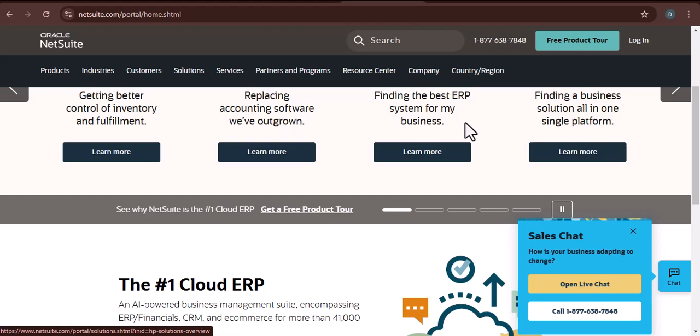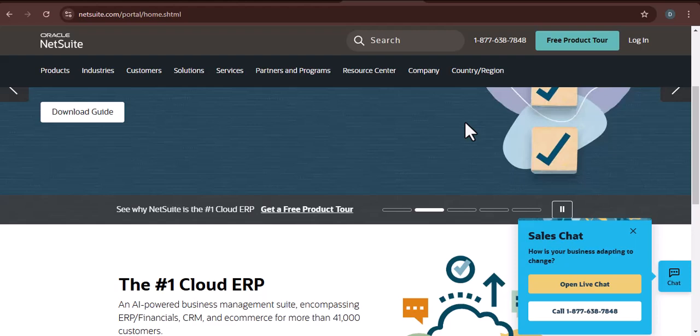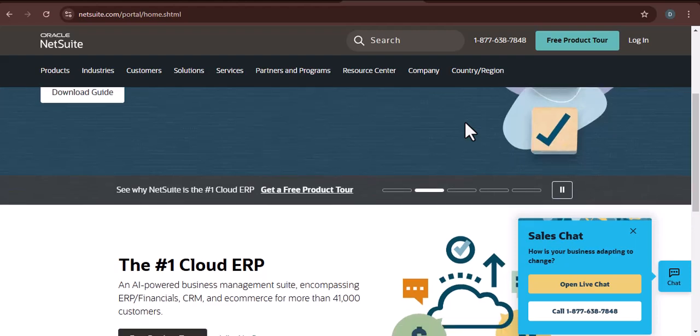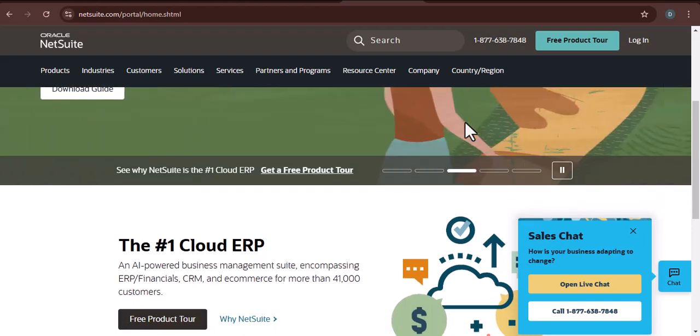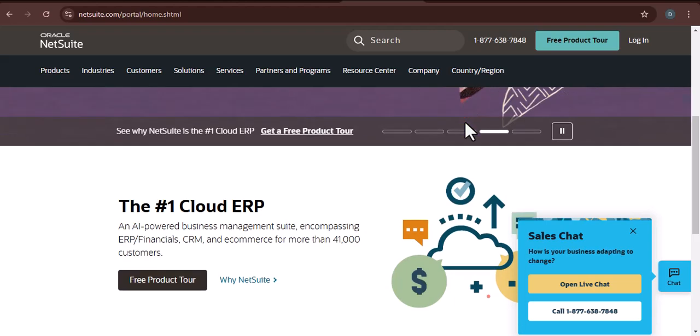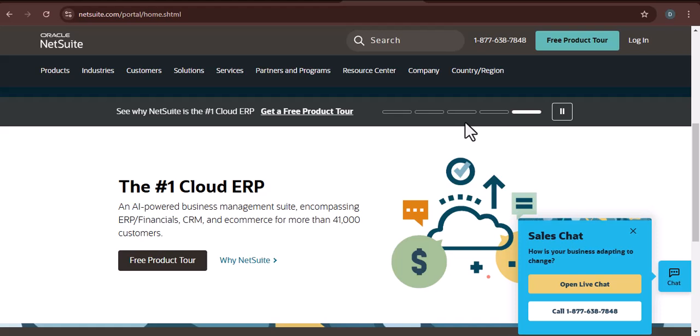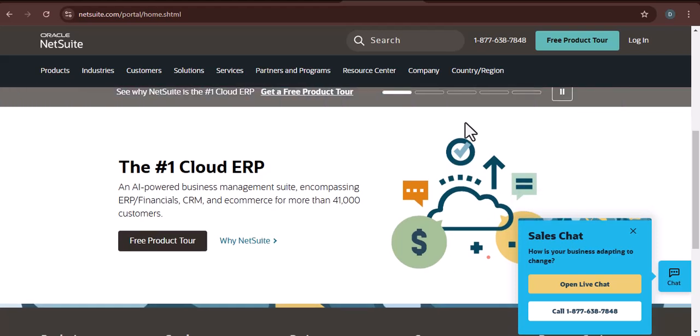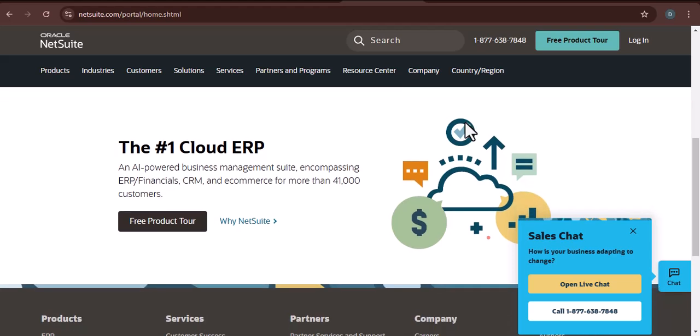NetSuite tasks. Now, before we jump into the nitty-gritty of what a NetSuite task is, let's paint a picture. Imagine you're a project manager juggling multiple client implementations. You need to coordinate with developers, designers, and the client themselves. Each step requires specific actions, deadlines, and follow-ups. Without a centralized system, you're relying on memory, scattered emails, and maybe even a whiteboard that's quickly becoming a chaotic